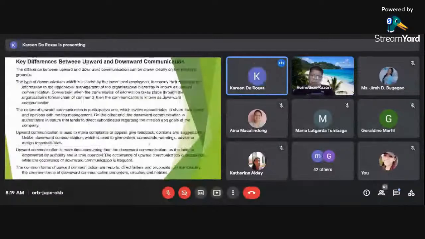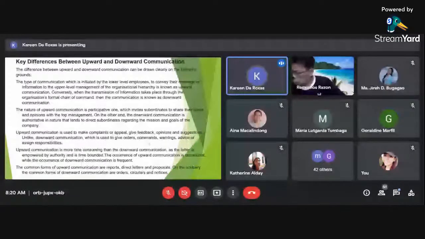Now, let us look at the key differences between the upward and downward communication. The difference between upward and downward communication can be drawn clearly on the following grounds. The first one, the type of communication which is initiated by lower level employees to convey their message or information to upper level management of the organizational hierarchy is known as upward communication.